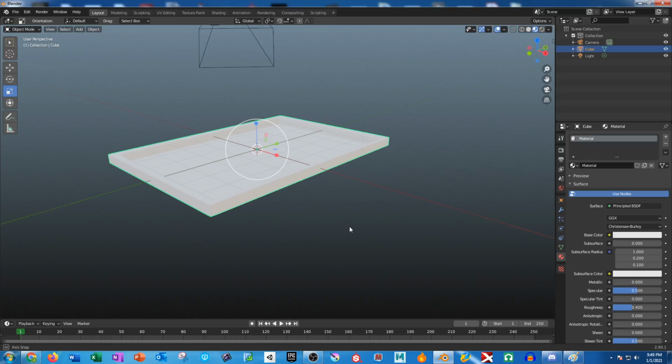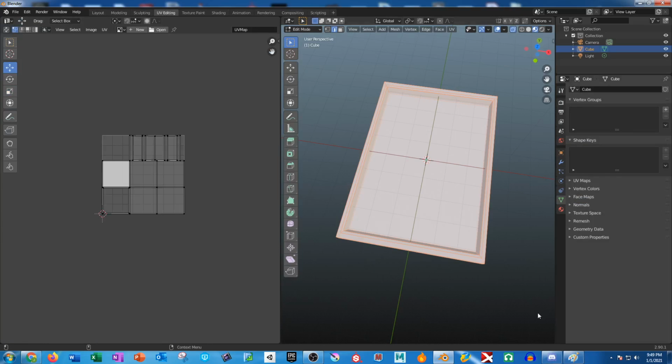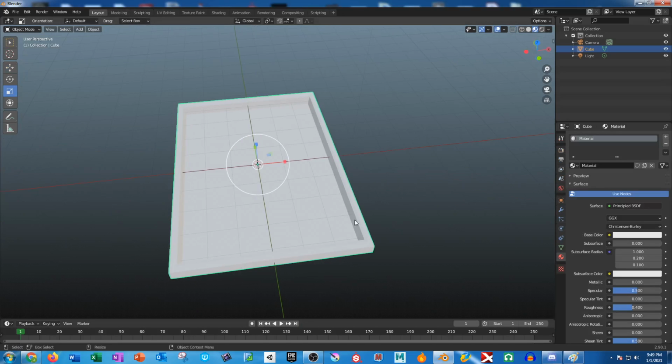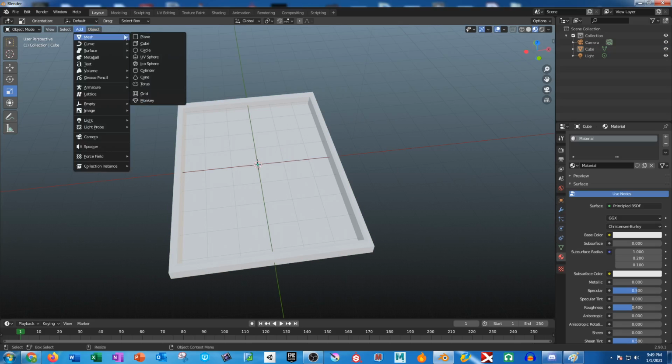All I did was just take a cube and extrude it a bunch of times. Inside the UV editing, if I select all these faces, you'll see that this has already been set up and ready for texturing. However, if this is a portrait, we want there to be an image in here. Now ideally, I want to be able to take this frame and slap an image in the center, just swap the image out. The way we do that is we can simply come up here to Add, Mesh, and we'll